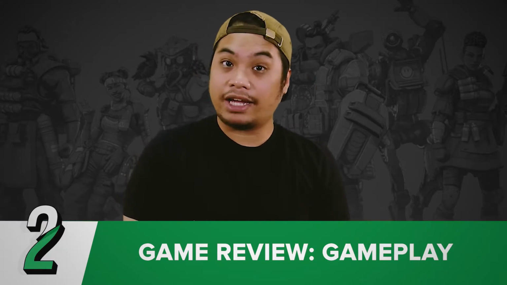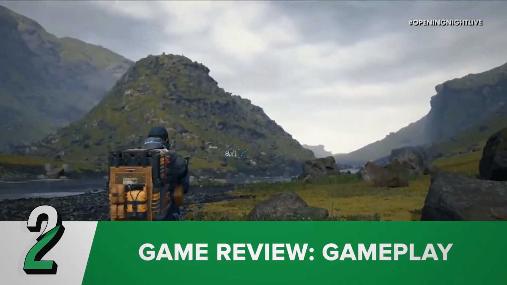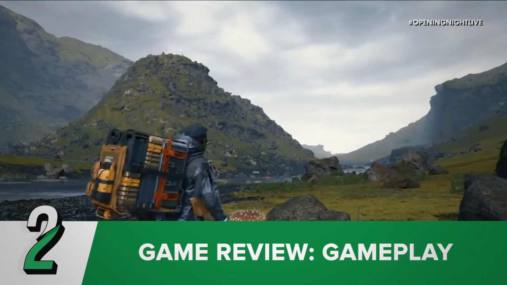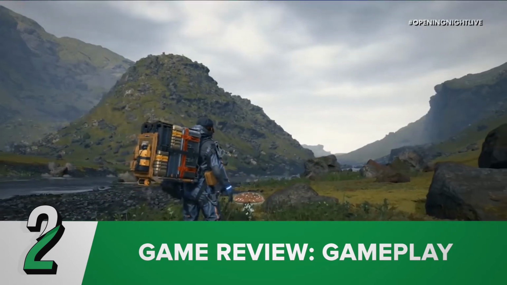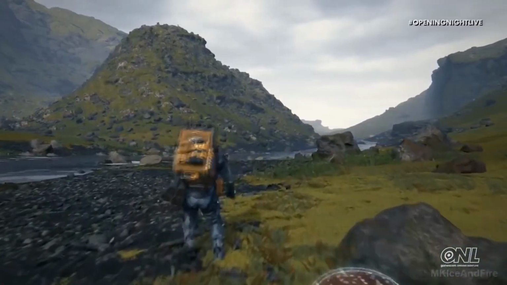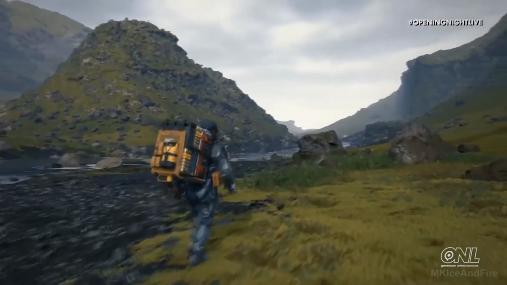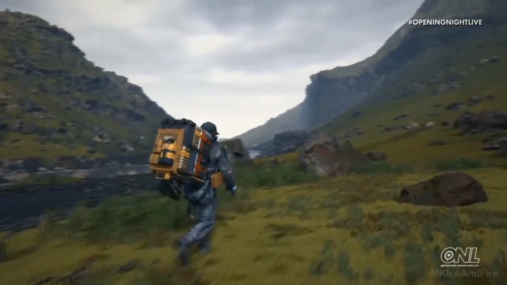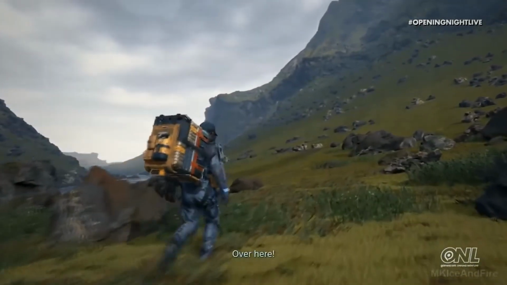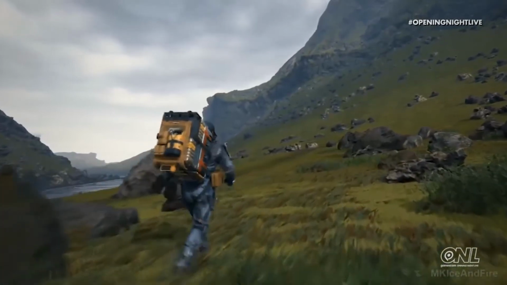Number 2, gameplay. Now this is important. A game cannot be a game without gameplay. The gameplay dictates the mechanics, how it feels when you are already controlling the character, how awesome is the character, and how immersive the environment is with the character. How does the character improve during the course of the game? How does it make you feel when you're playing the game? You have to talk about the gameplay and answer these questions as much as you can. Be sure to add as much in-depth thoughts when you do a review.